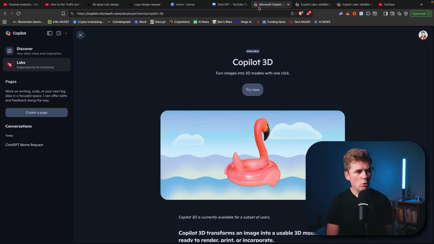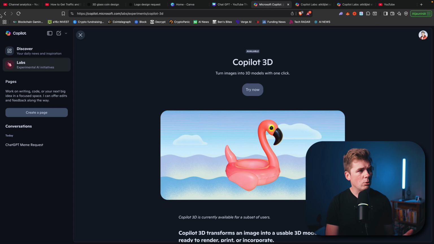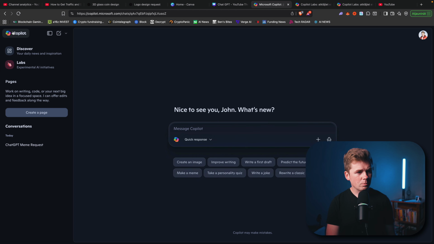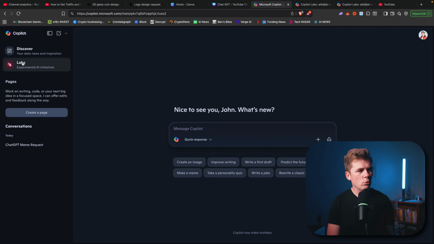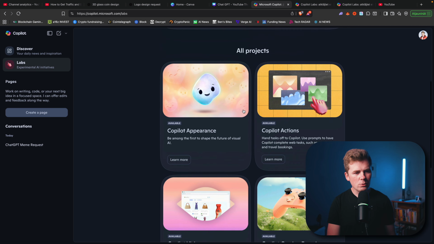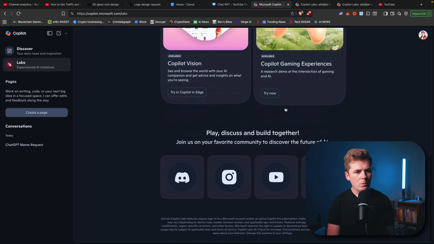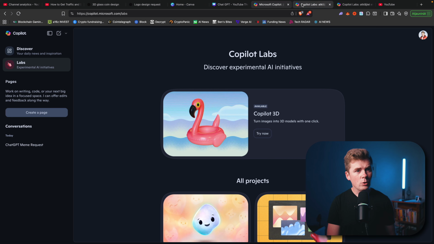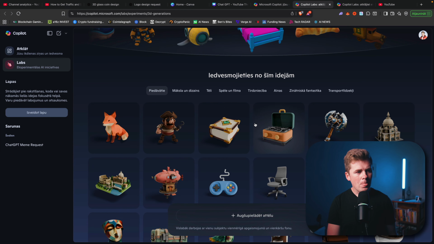So first of all, you will have to log in with your Google account or Microsoft account. You will basically be on this page. What you have to do is click right here on the sidebar. You will see the Labs tab, and you just click on it, and here you will see many experimental AI initiatives, and one of them is Copilot. So you will go on it, and here you will already see many